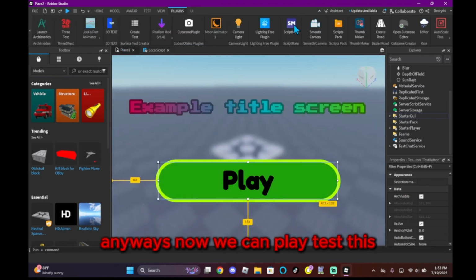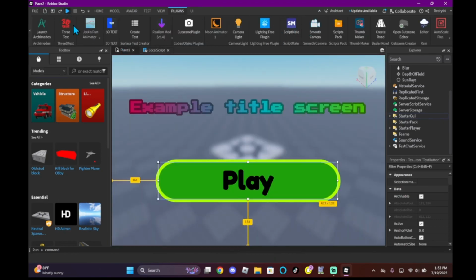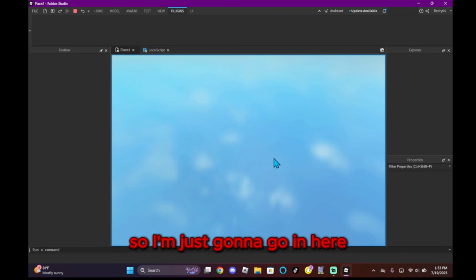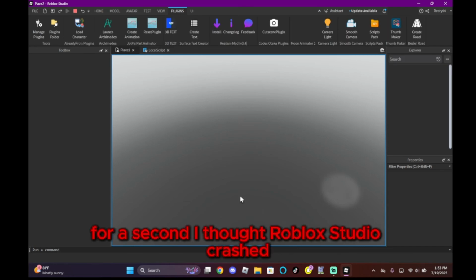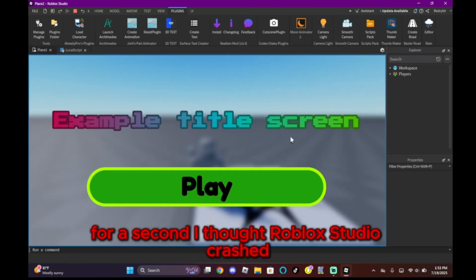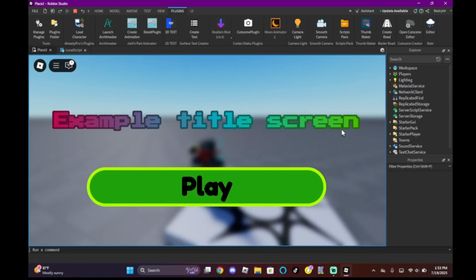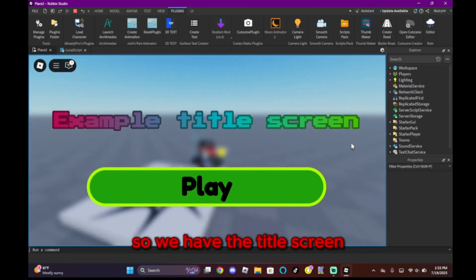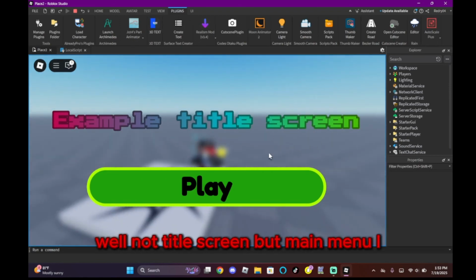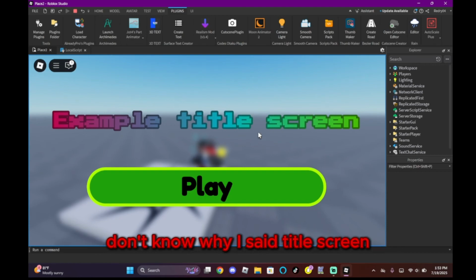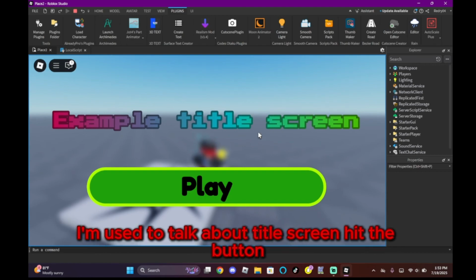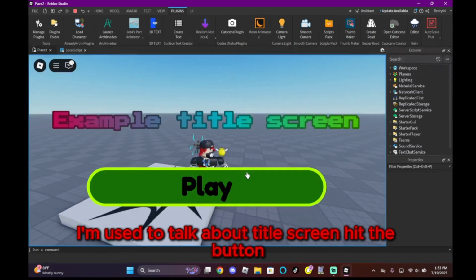Anyways, now we can play test this. So I'm just gonna get in here. For a second I thought Roblox Studio crashed. So we have the title screen. Well, not title screen, but main menu. I don't know why I said title screen. Hit the button,